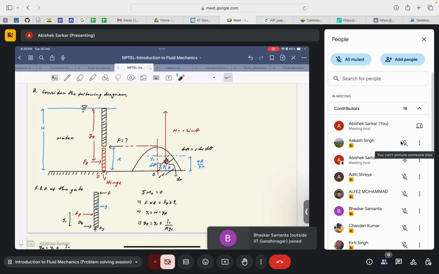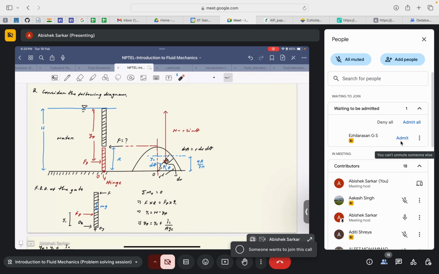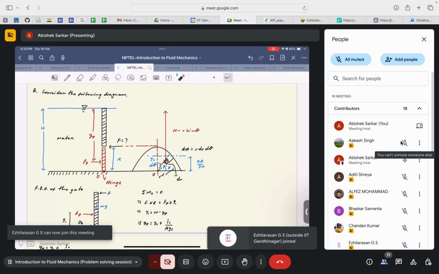when you're dealing with a bit more difficult geometry, then again you need to revise your geometry concepts. Then again, it's a good exercise for you. That's why this kind of geometries are kept. But in practical scenarios, in dams, usually we do not deal with such kind of geometries. It will usually be a simple square or rectangular shaped gate. But still, since in this question this is the shape that is being given, we have to deal